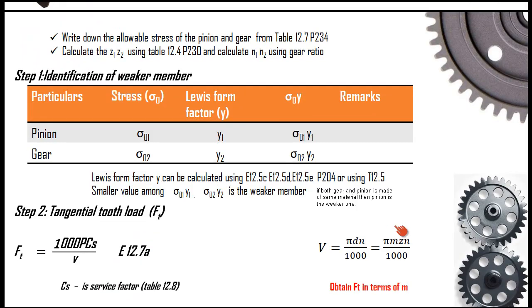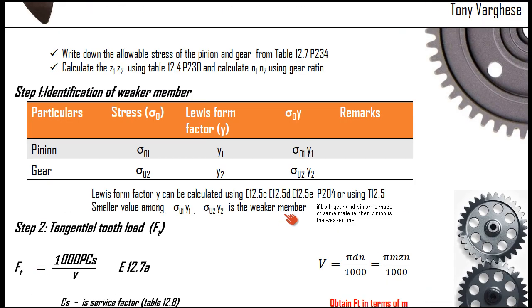So I hope you all understood the design procedure. You go through the data handbook along with this design procedure, get familiarized with the equations and tables, and after solving one or two questions you will understand it very clearly. The design procedure for all the gears, that means spur gear, helical gear, bevel, worm, everything has the same procedure. So once you are thorough with this procedure, it is easy for you to tackle the other design procedures also.